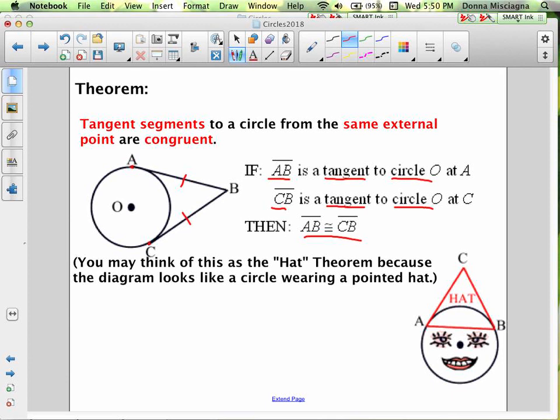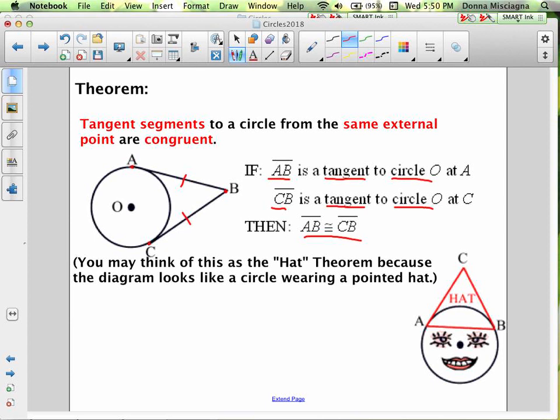So tangent segments to a circle from the same external point are congruent. So if you have two tangent segments, meaning they're finite, they don't go beyond the point of tangency, and they intersect at the same point, they're going to be congruent. So since AB is a tangent to circle O at point A, and CB is a tangent to circle O at point C, then AB is congruent to CB. So if you know the measure of one tangent segment, you know the measure of the other tangent segment because